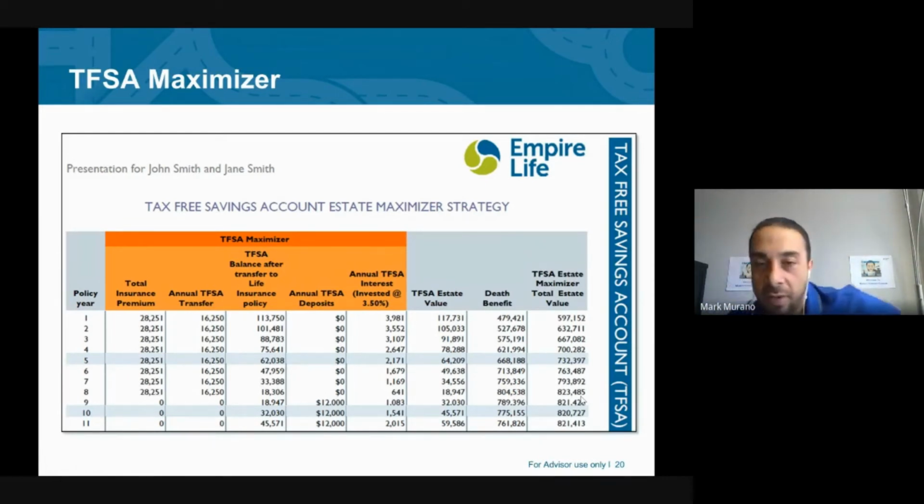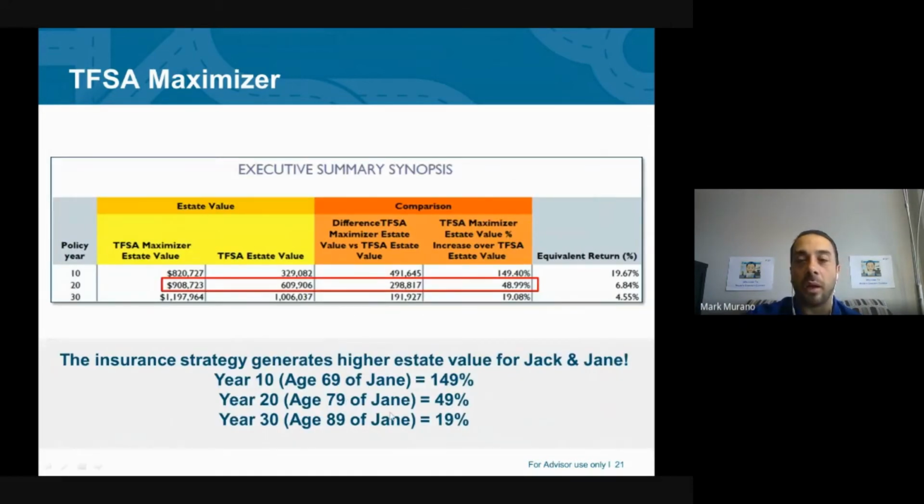I'm going to take advantage of the TFSA deposit I've built to date, continue to make TFSA deposits down the road, and if I have extra cash flow and more non-reg money, refill the pot of money that I've taken away. So overall, increasing the overall estate value dramatically by combining the TFSA as well as ongoing insurance, TFSA, and ongoing deposits. And just as a summary, these are always nice pages to show your clients,